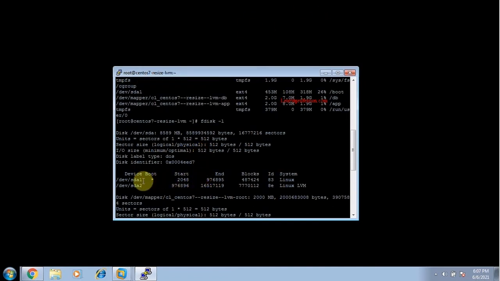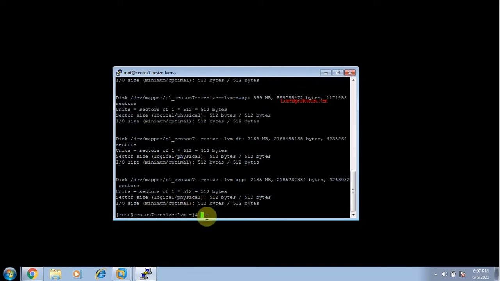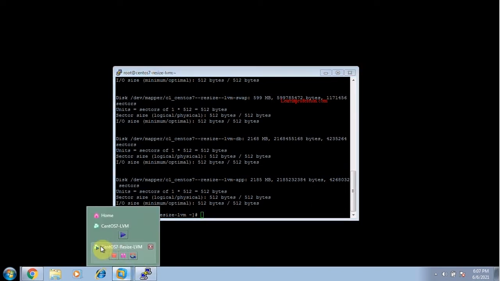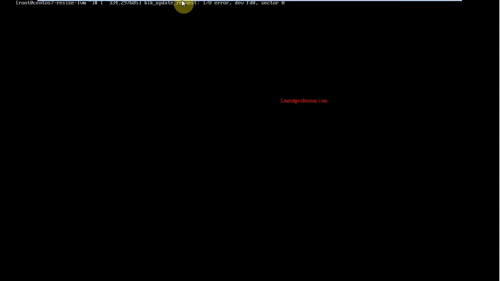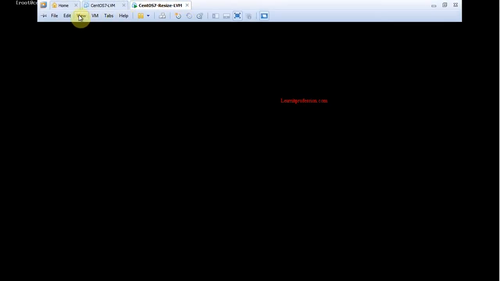Here you see that we only have one drive, that is SDA. That size is almost 8 GB. So first I add a hard drive with a size of just 2 GB.